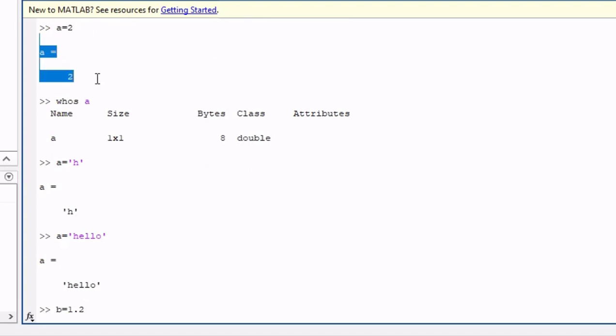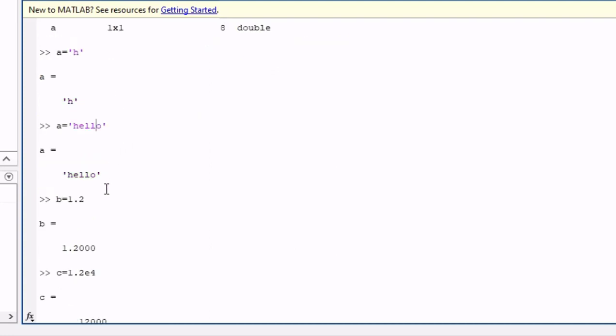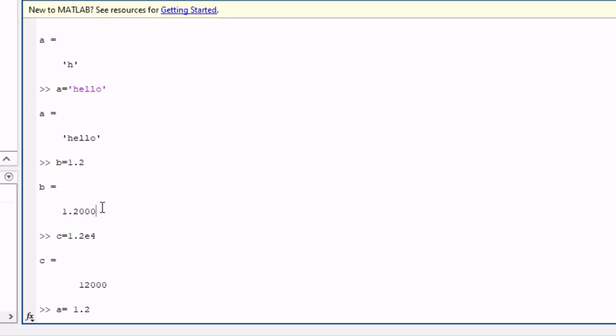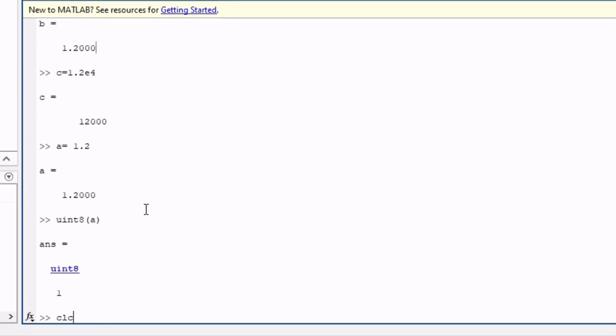The basic platform is very important, higher level is not as important. If you know the basic platform, then you can write the code perfectly. So this is a character, string. In MATLAB 2020, double quotes also work, but in old versions they do not work. So b equal to 1.2, and you just try it in parallel. Okay, just CLC, which is the clear screen command.